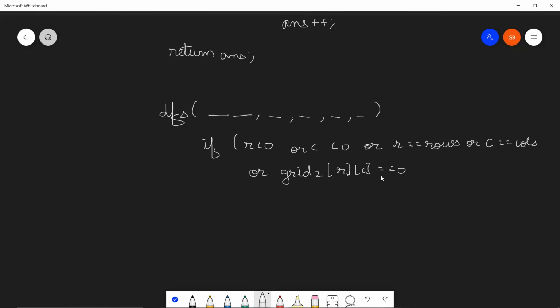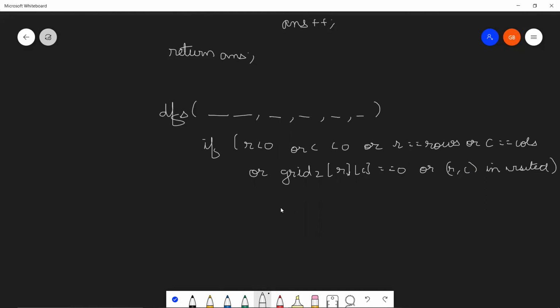So that's water is actually an undesirable position while we're searching for island, either island or sub-island. Or the set R and C that we were maintaining is visited. In these conditions, we are going to return from the function, we're not going to continue.